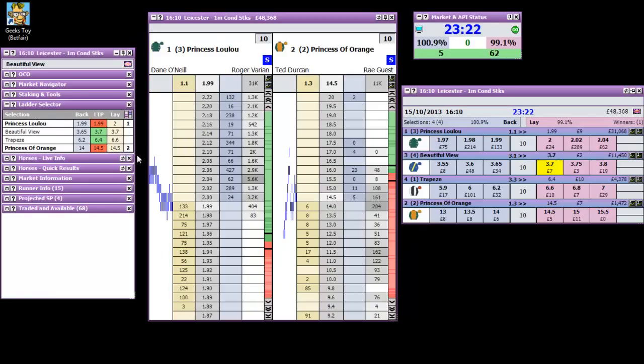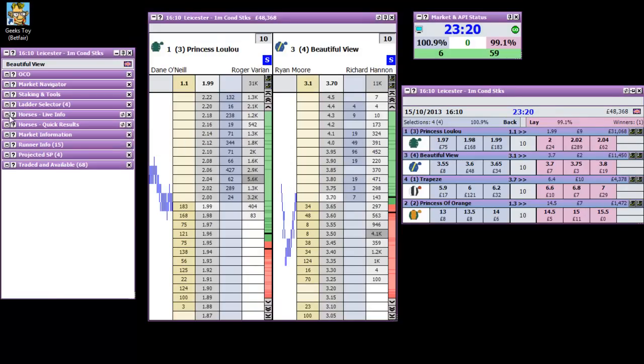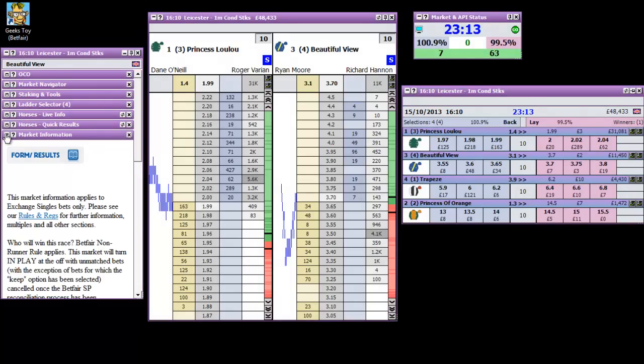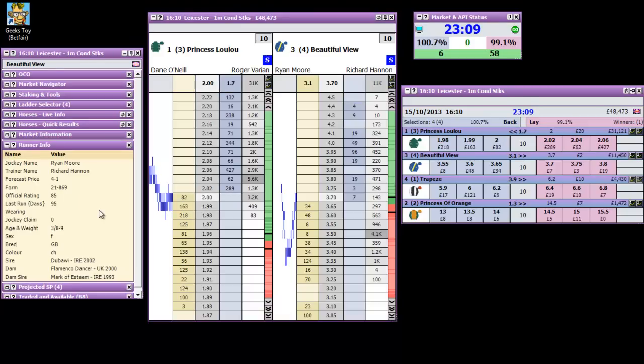So ladder selector, horse races live info, we've already been through that. Quick results, we've been through that as well in the grid. Market information, again that's just rules and terms for the different races. Runner info, like we've got the jockey name, all sorts of stuff like that you might be looking at